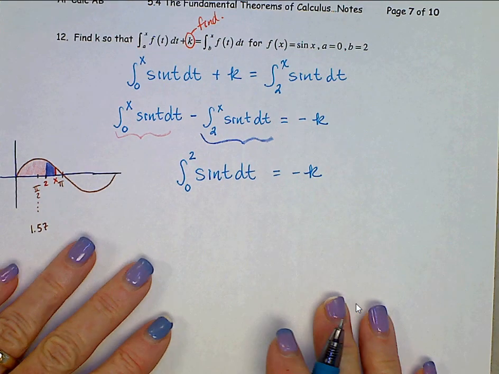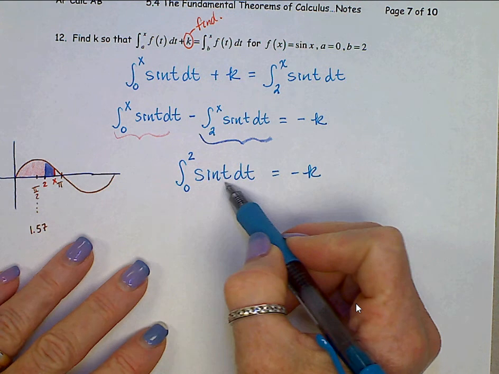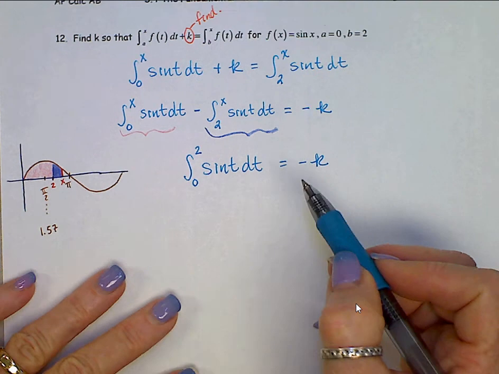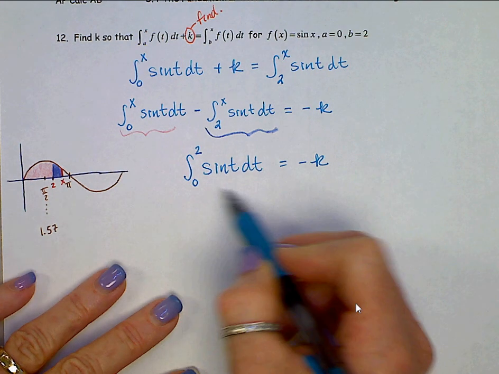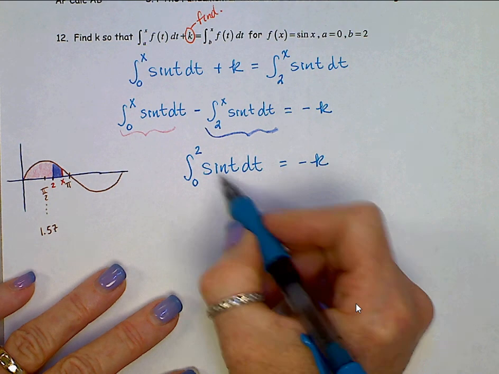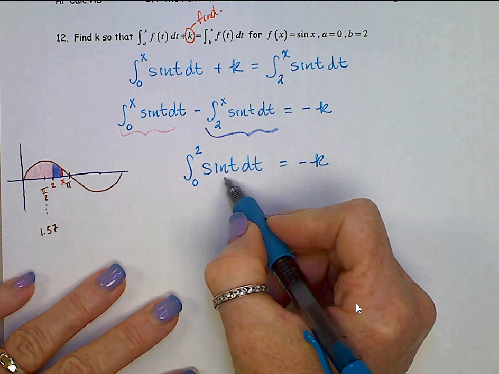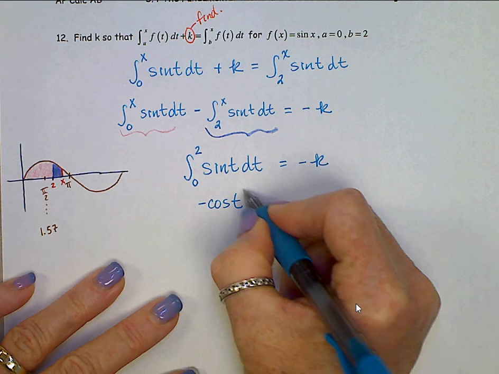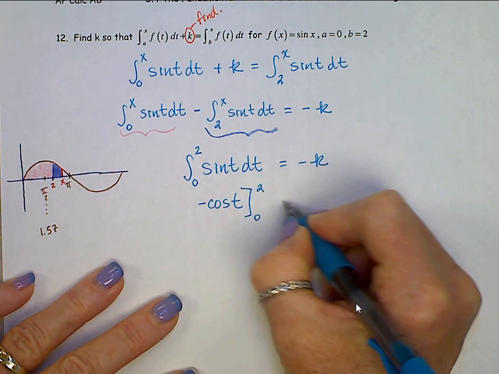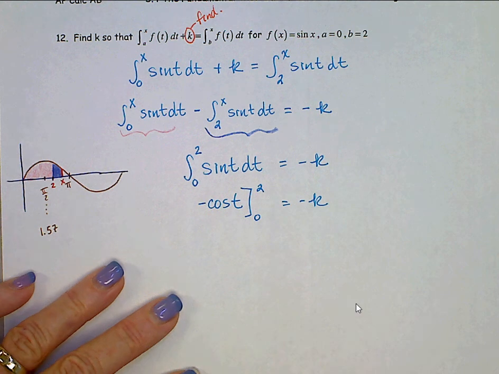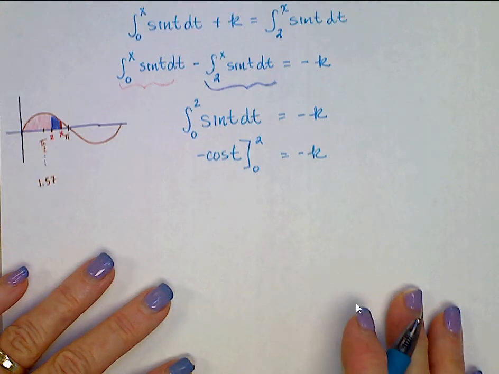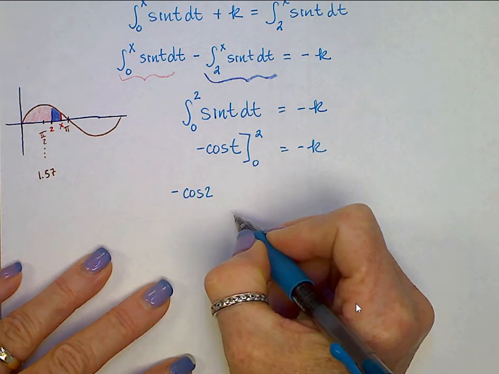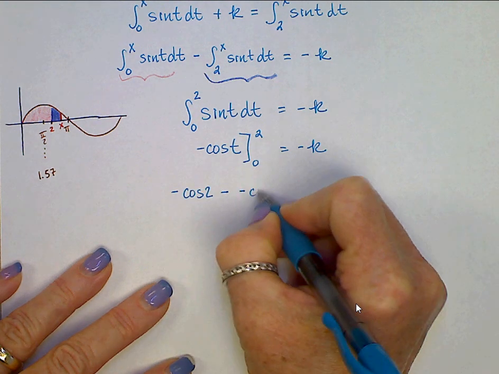All right, now again, don't go plugging that 2 in here. You're not doing a derivative. This is actually a second fundamental theorem because you can evaluate this now. You know how to do this. What's the antiderivative of a sine? That's negative cosine. Negative cosine t, we're going to evaluate that from 0 to 2. That value is the opposite of k,